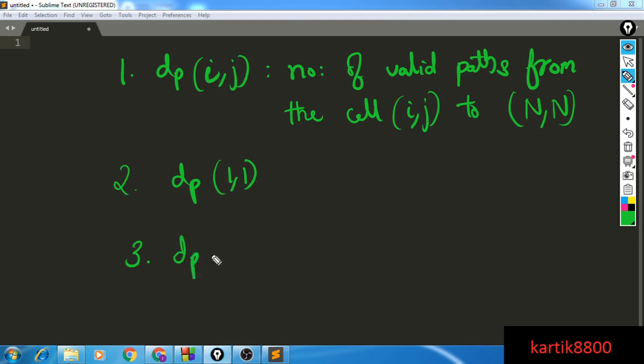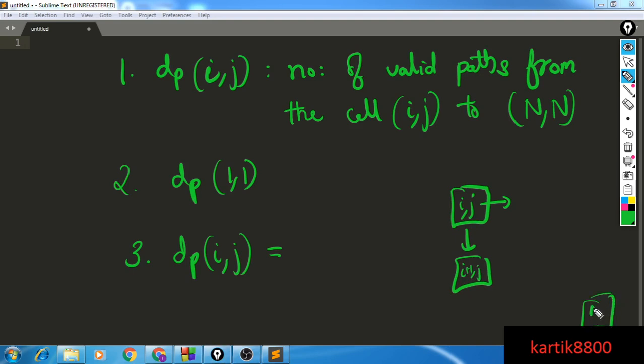Now let's try to evaluate a recurrence for dp of i j. If I am at some cell i comma j, I can either go right or I can go down. Let's say there were some k1 ways in which I could go from i plus 1 comma j to n comma n, and from i comma j plus 1 there were some k2 ways of doing this.